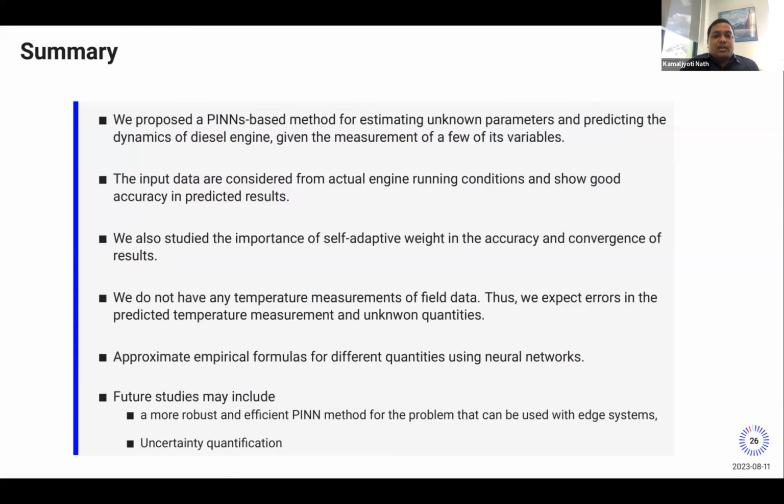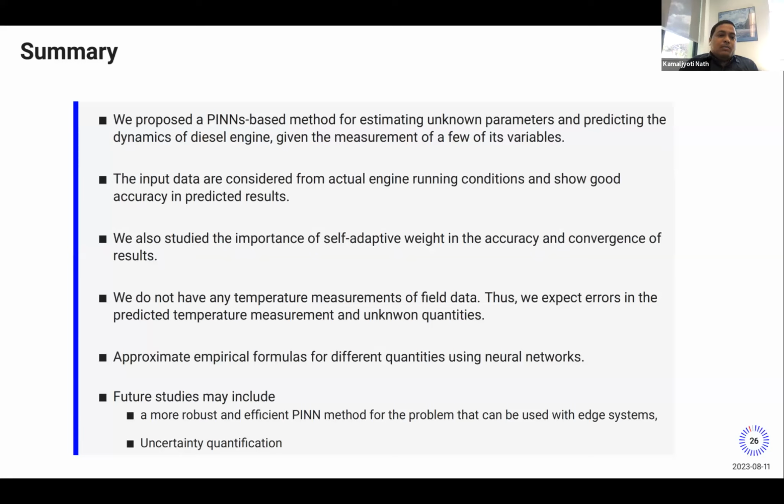If the EGR fails, the actual physical model has to change, but the present physical model doesn't have any leakage in the EGR or any of the components. So one possible future study is where there is a leakage or a failure in the sensor itself, so the data are completely wrong.